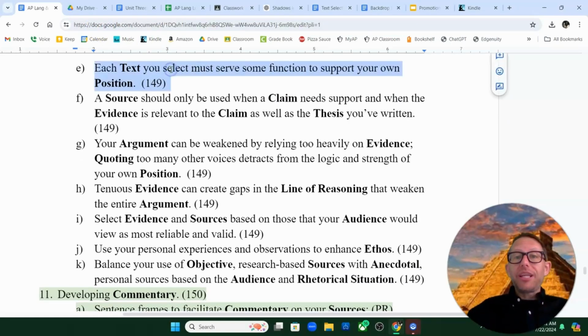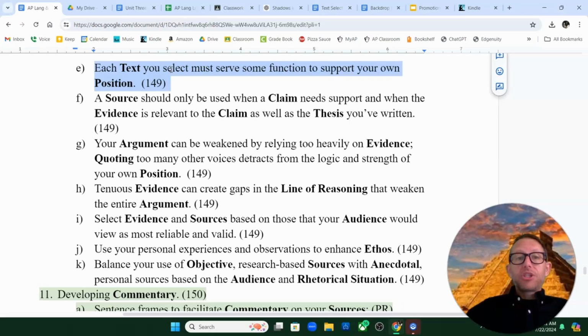Remember that each text you select must serve some function to support your own position. That goes without saying, I would hope, but remember, you're not choosing sources just for the sake of choosing sources. You're not choosing sources just because I told you you should have 3 sources. You're choosing sources because they help to argue your thesis, because they help to support your claims,